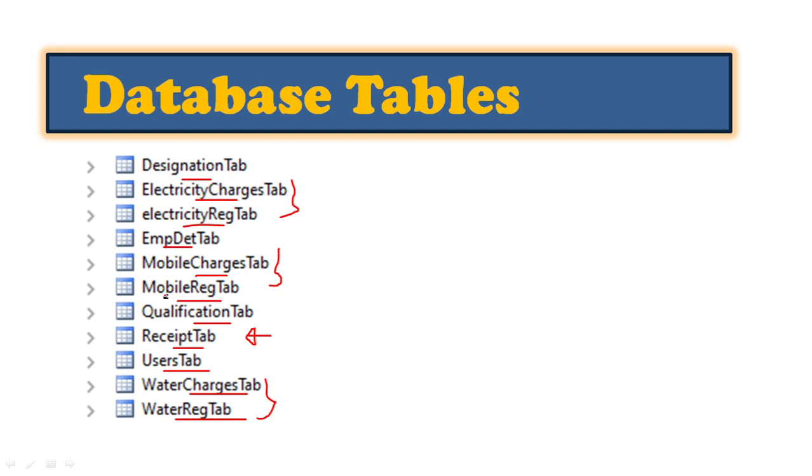Fine. So in total we have around 10 tables in this. These tables will be utilized so that whatever data you enter in the forms will be transferred to the tables and stored inside them. Whenever the person has to make the payment, we'll check this, take the data from this table, and show how much money they need to pay. Once they have paid, that will go to the receipt tab, so all the data will be stored in the receipt tab.